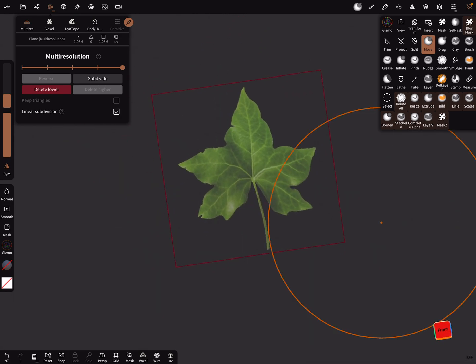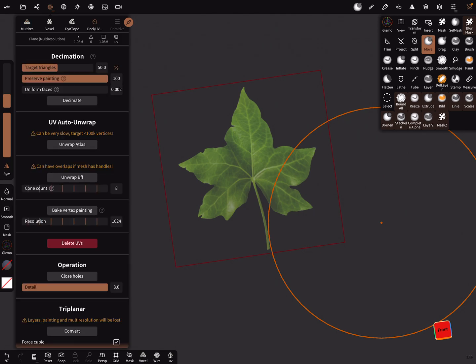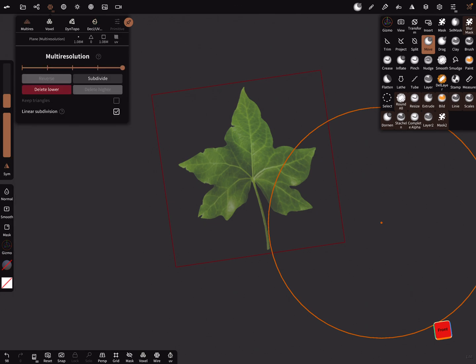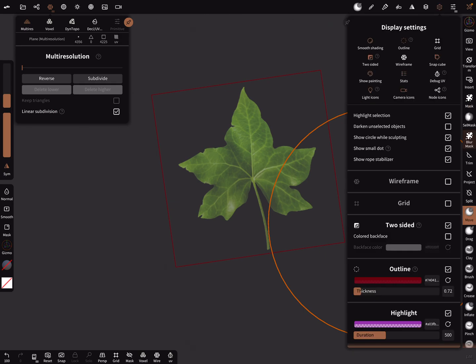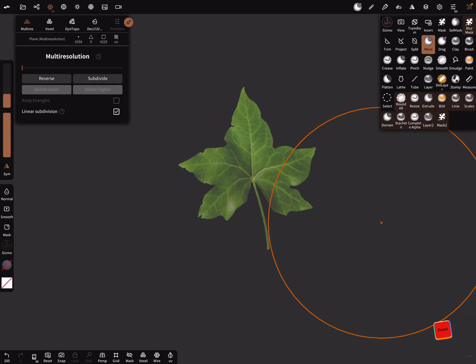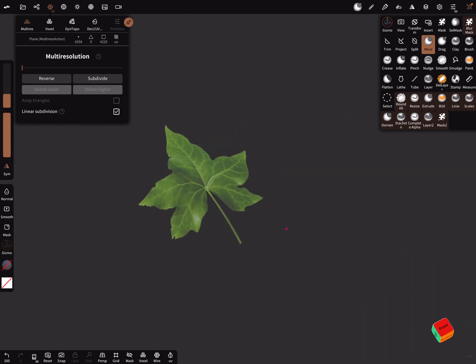And now you can use in the decimation menu or topology menu, there's possible to bake the vertex painting. And here press on bake vertex painting. And in the multi-resolution you can bring it back and delete the higher and turn the outline off. Now you have a nice leaf.